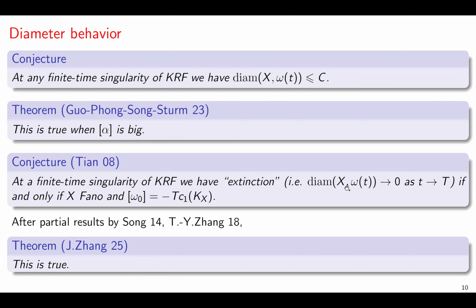So the diameter goes to 0 if and only if you are on a Fano manifold and you are proportional to the anti-canonical class. So basically a complement to the other conjecture. There were partial results by Zhang, Song, and myself, and Yuguang Zhang. And finally, I think 2 months ago, my postdoc Junshan Zhang proved this conjecture in general, and he used